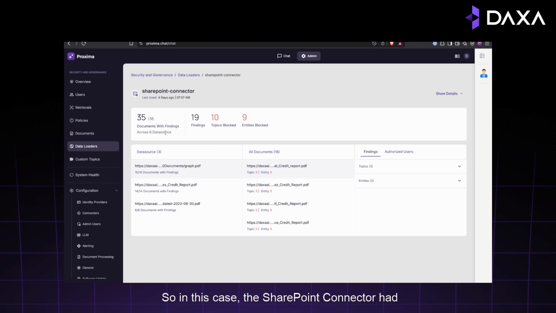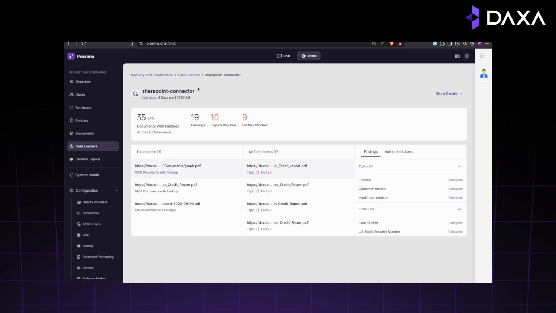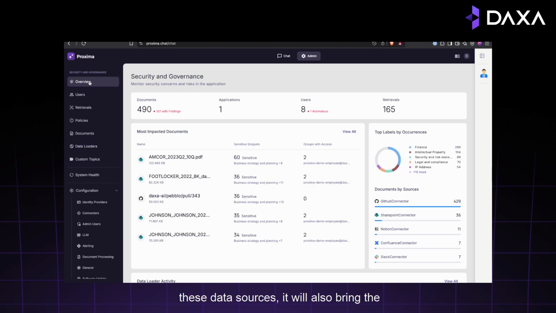So in this case, the SharePoint connector had different topics and entities that got found by our classifier. In this case, you get to see the specific snippet that is marked, say in this case, financial information. And keep in mind, our data loaders are identity aware. They bring in not just the content of these data sources, they also bring the permissions, right? Who is allowed to access. And that information is key as we look further through the demo of accessing this data corpus by different employees